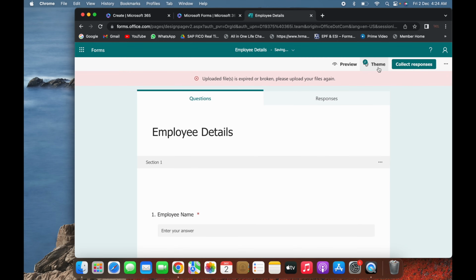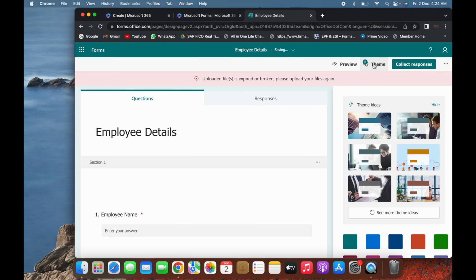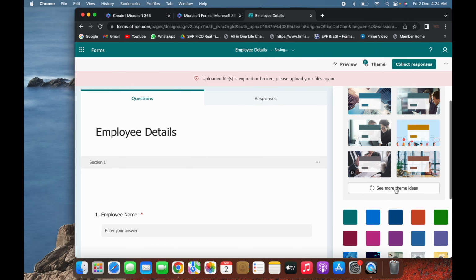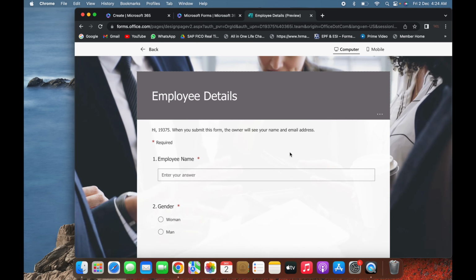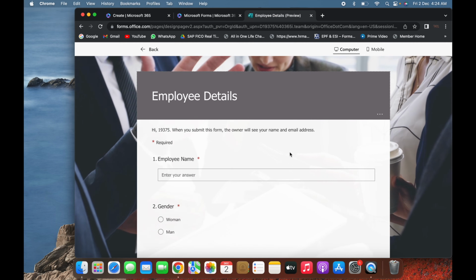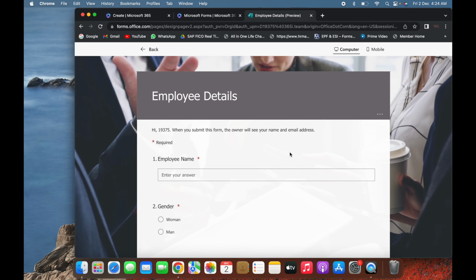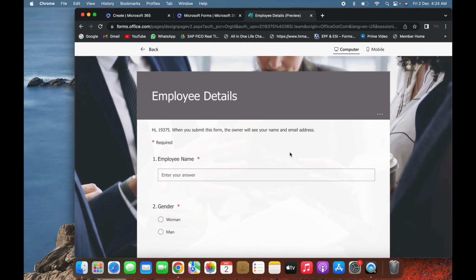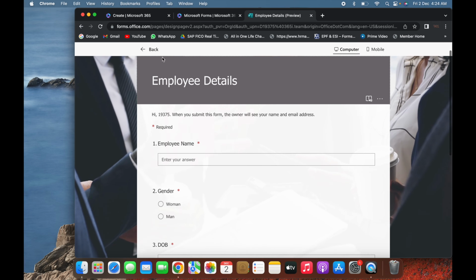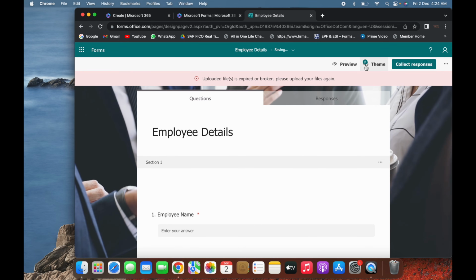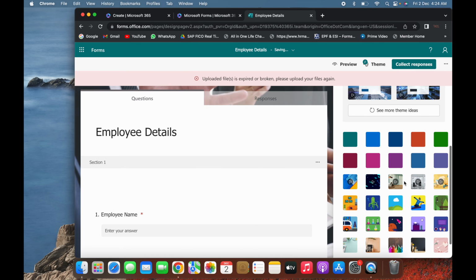So for that we'll add some background. So how to add that? Let's click on themes, and there are a number of themes available. Let's add this one. Okay, so you can see that a background is added. Now just click on preview. Now you can see there are some people who are engaged, and they were having some discussion related to some different topics. Okay, so that is my assumption basically. Let's go back. You can even add different themes as per your requirement.